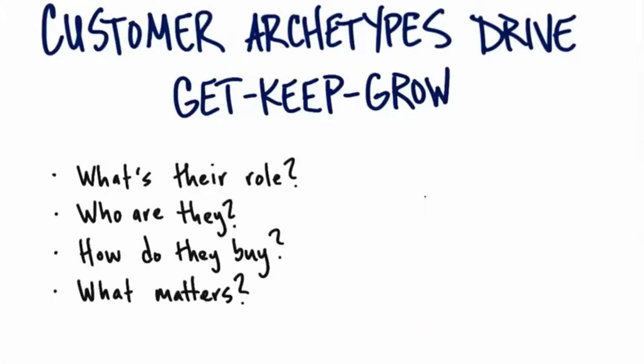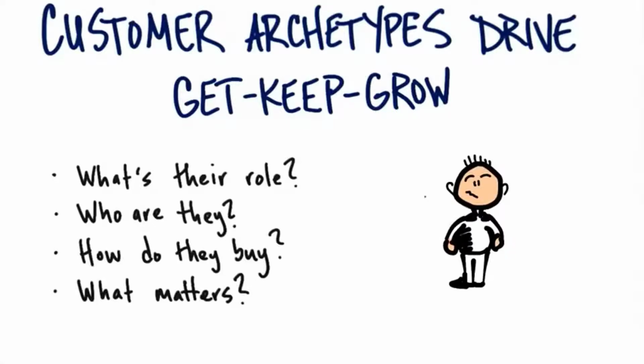Now, we keep using the words get, keep, and grow, but this get, keep, and grow actually refers to human beings, not just random ideas. And one of the things we need to understand is what's the archetype or the persona of our customers that we're actually wanting to get. And so one of the things that's kind of hard for startups is to realize that getting customers isn't some abstract idea. You really need to understand who your customers are.